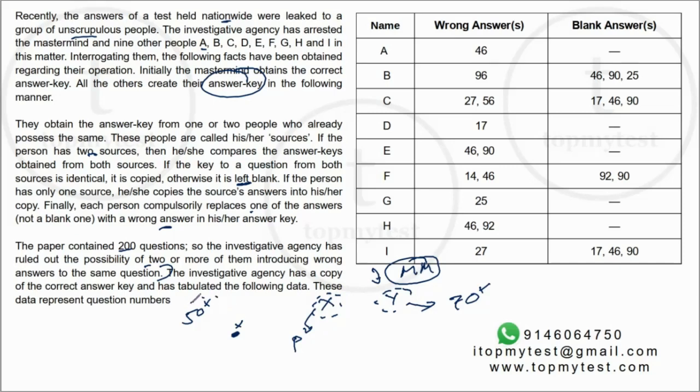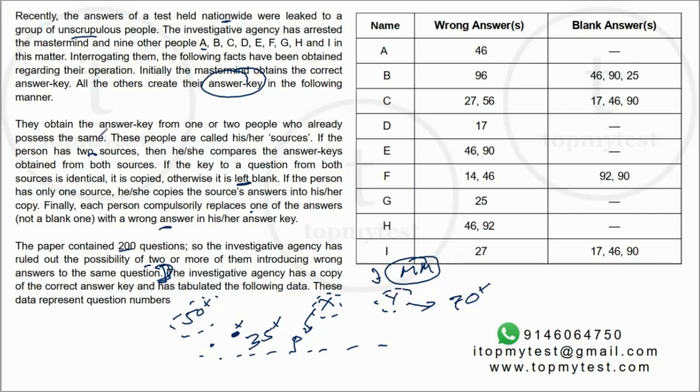What he will do is he will already have 50 as a wrong answer, right? So he does not know 50 is a wrong answer. He basically trusts X. He will mark everything that X has marked, and he will choose one question and mark it wrong compared to what X has marked. Now, the investigative agency is assuming that given that there are so many questions, X's 50, which was wrong, will be copied by P, and P will take some other question and mark it as a wrong answer. Let's say, assuming question 35, P marks it as wrong.